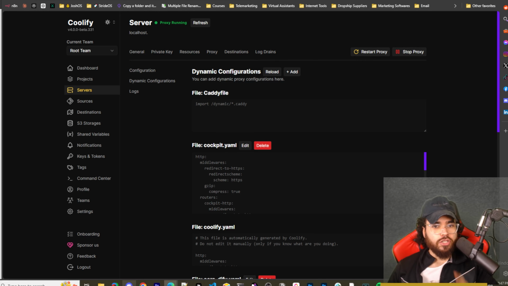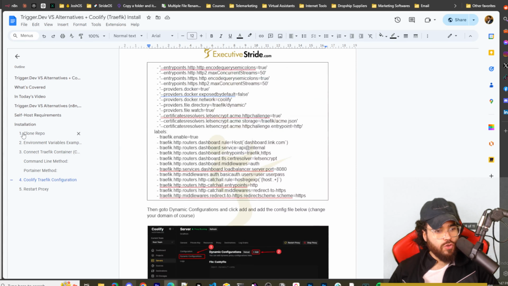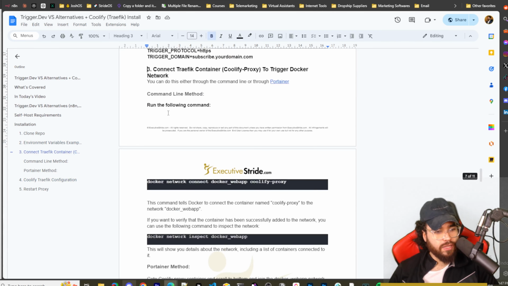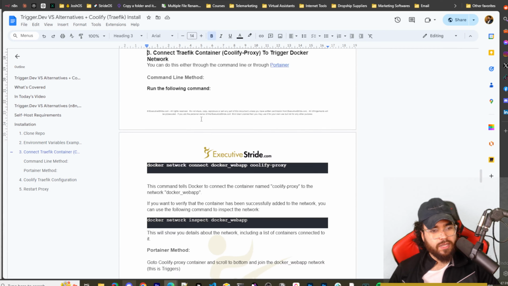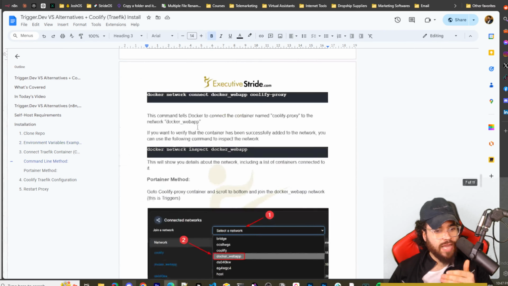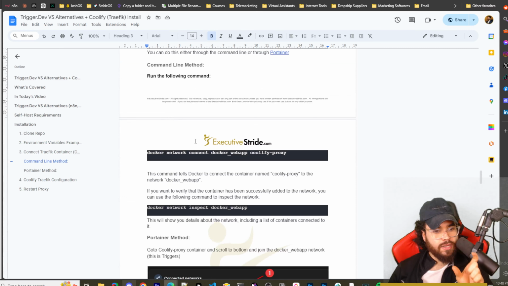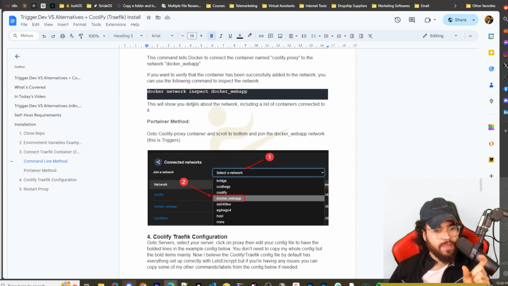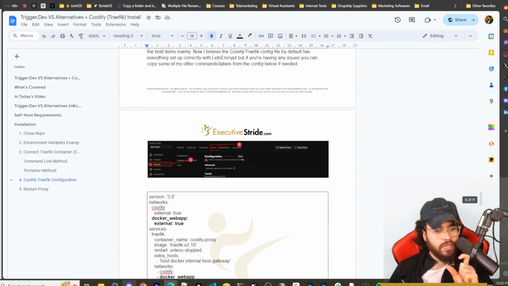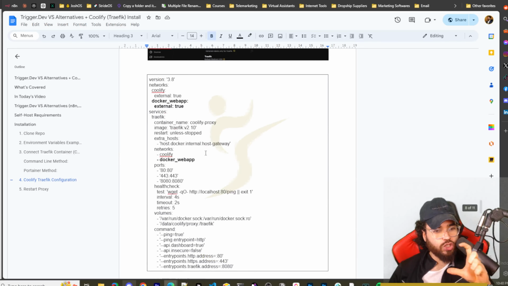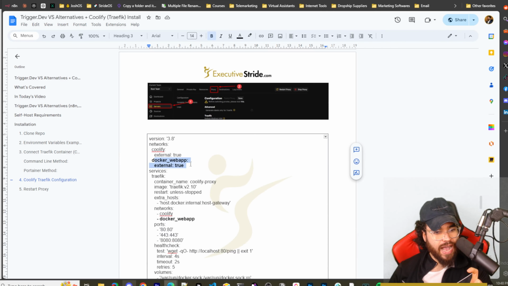Okay, so just to confirm one more time, you've cloned the repo, you've changed your environment variables, you ran the setup tool to get everything, the containers ready with Trigger, and then you connected the Coolify container to the Trigger network, and then you basically change the config file in your Coolify traffic, your main one,